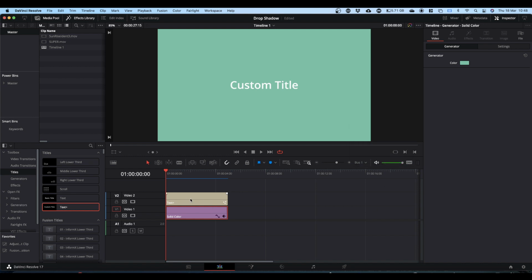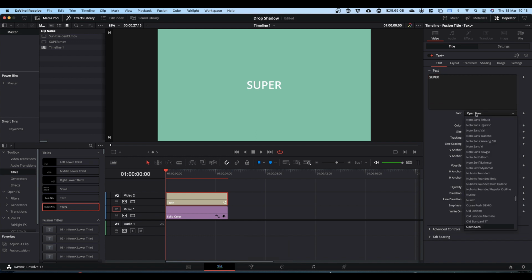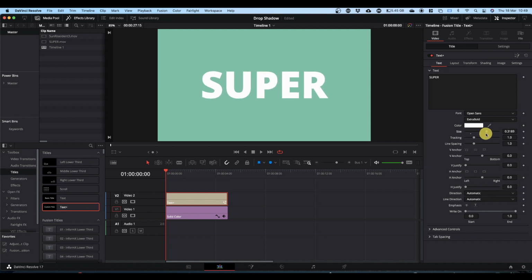Okay, so Text Plus node, set it up as you want it with your text. This effect tends to work best if you've got quite a heavy font, like so. So what we're going to do is come along the top and look for shading. We're going to click shading,